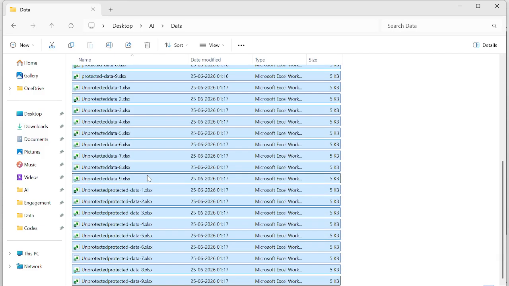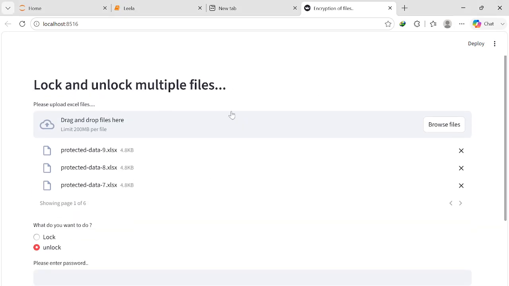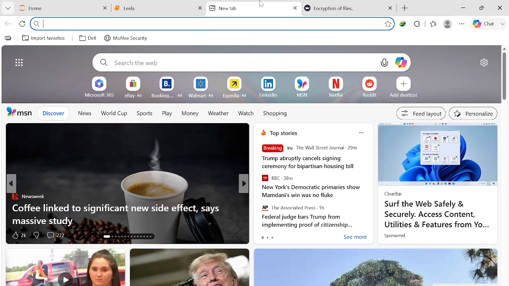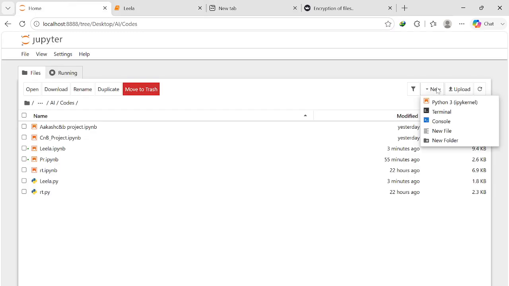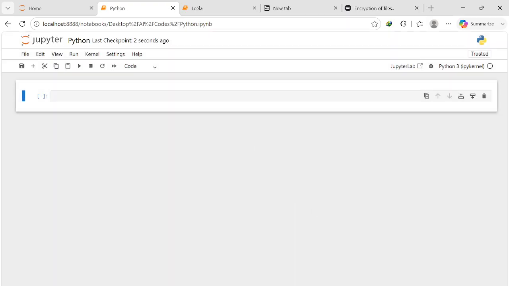Now how can we develop this application? Let's do it together. I am creating one file here. The file name I would like to give here is Excel Python. Okay, rename it. Now here we will have to import four libraries: import Streamlit